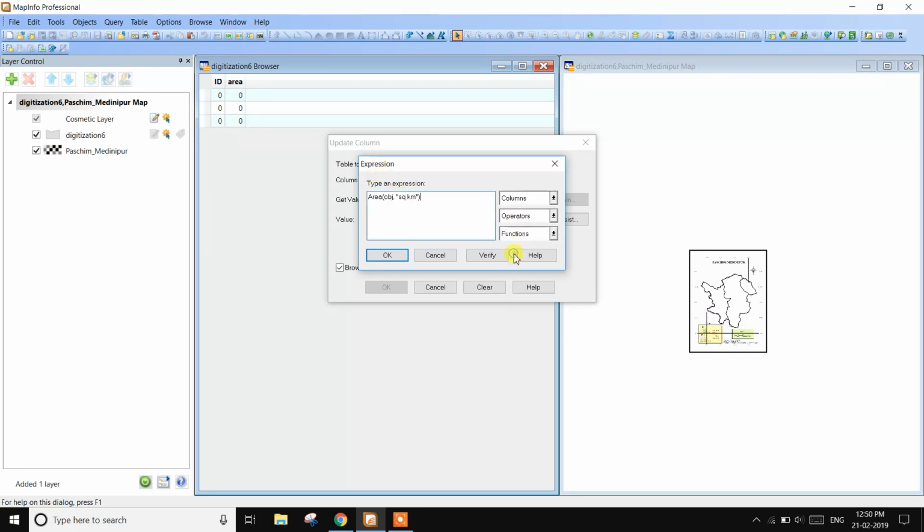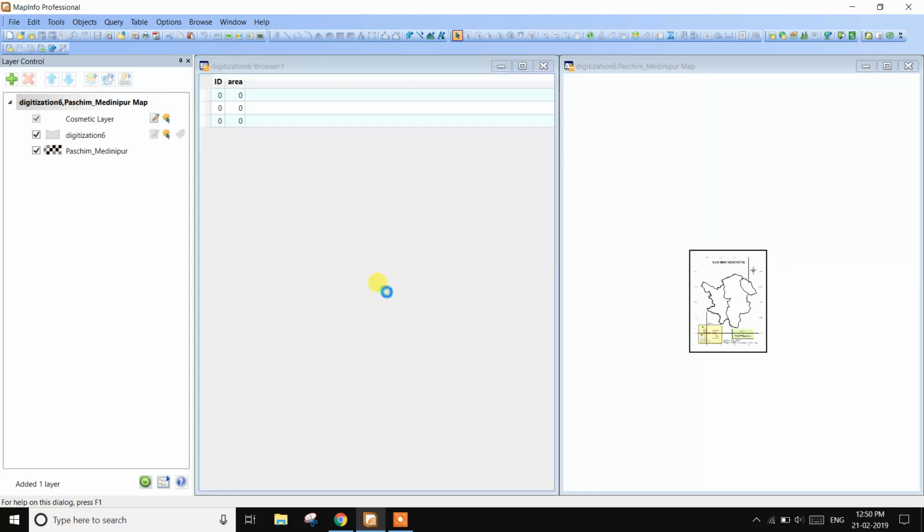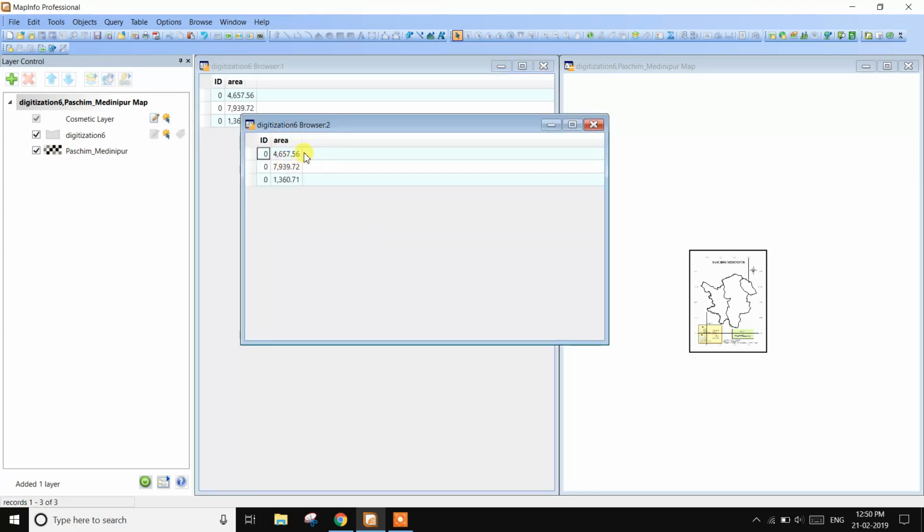Go to Area, choose the area of the object in square kilometers, and verify that the syntax is correct. Then OK, and finally Update Column, OK. The area of the three polygons of the three municipality areas is created automatically.